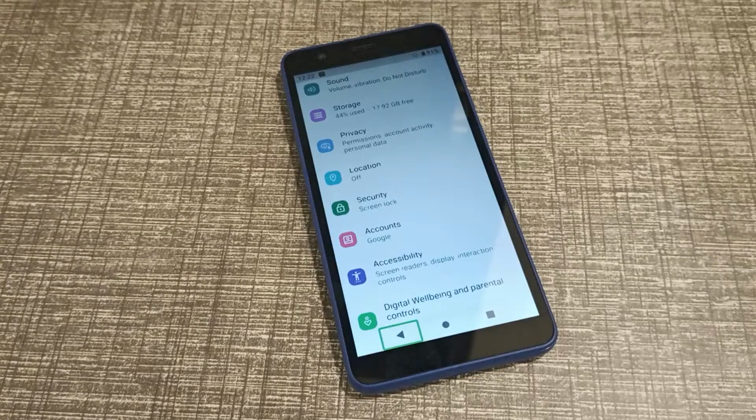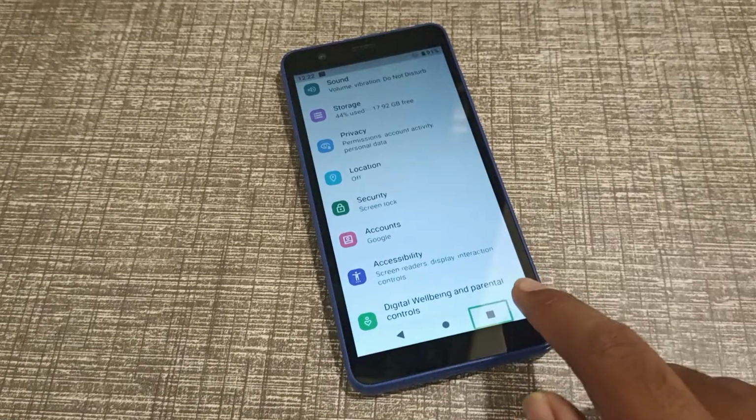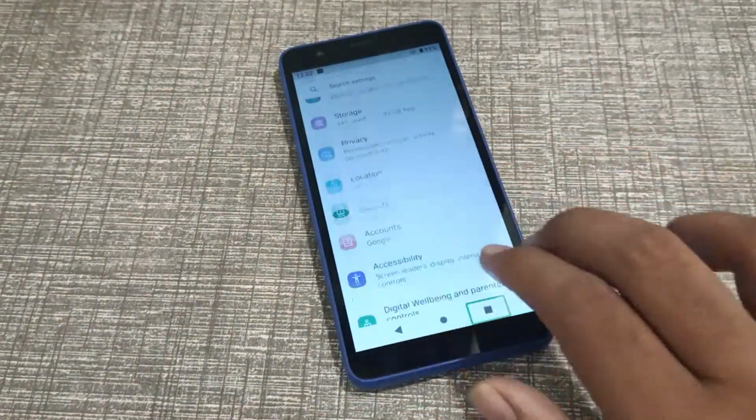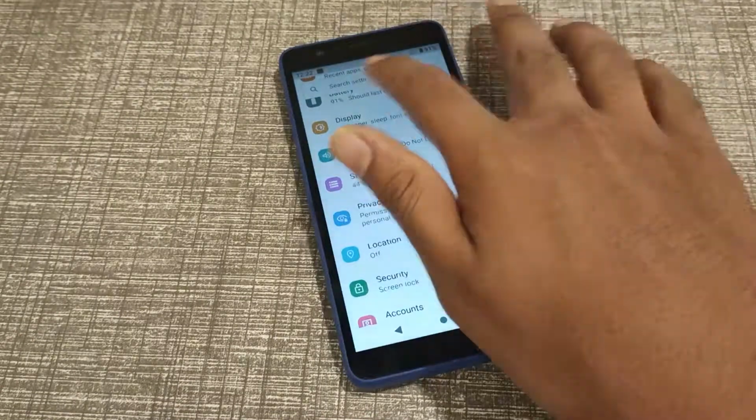Today I'm going to tell you how to turn off this problem setting. You can say I cannot use my phone. What is happening? So today I want to tell about how to use this setting and how to turn off this